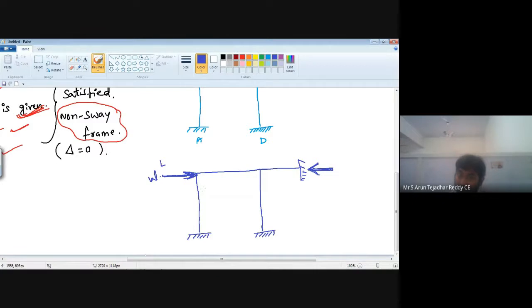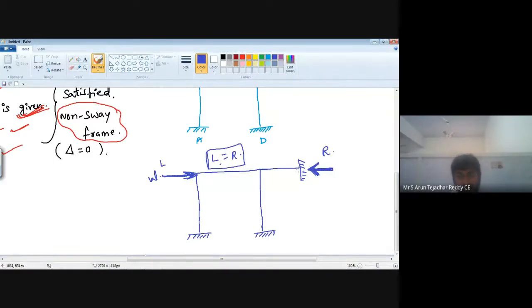But due to deflection, we need to control that deflection. For that purpose, I am applying one fixed support here. For this fixed support, I have one reaction, that is the horizontal reaction. The reaction is generally on the right side, but it is moving to the left side. Now here, L is equal to R. So this way also we can control the deflection.